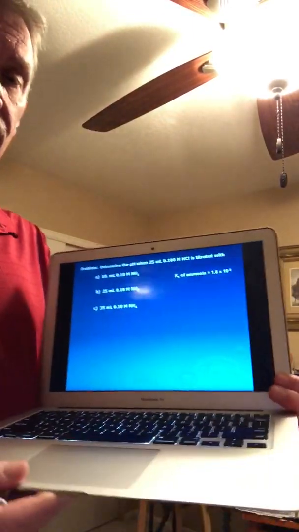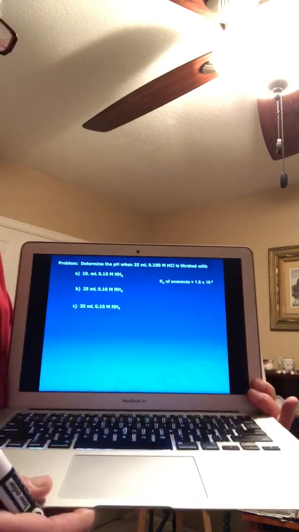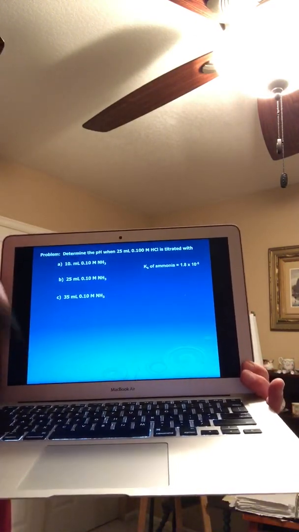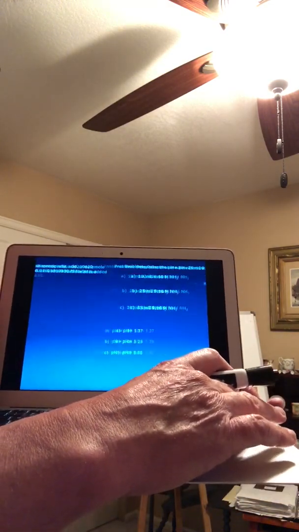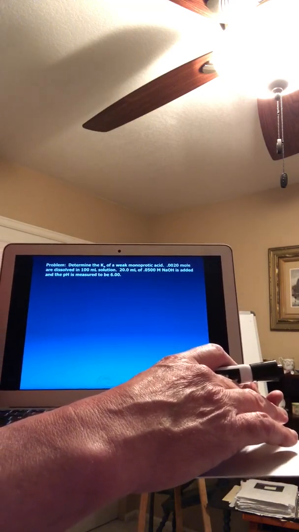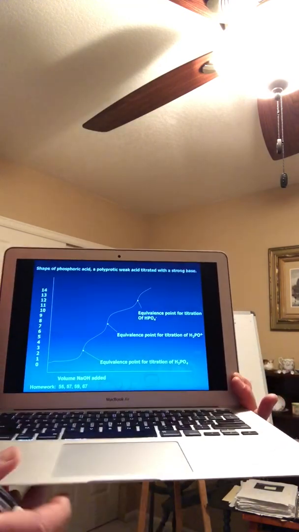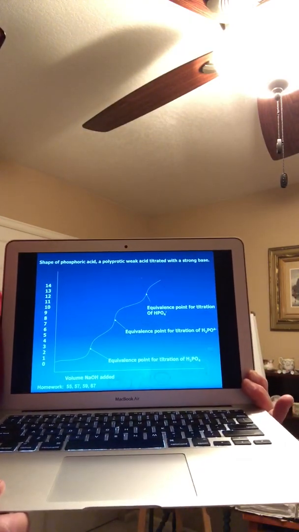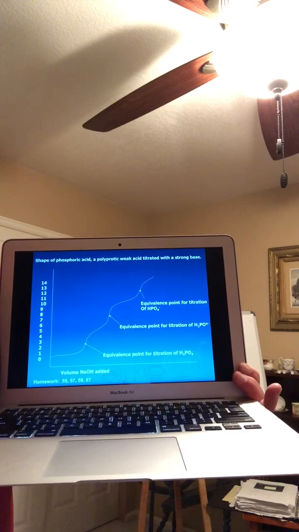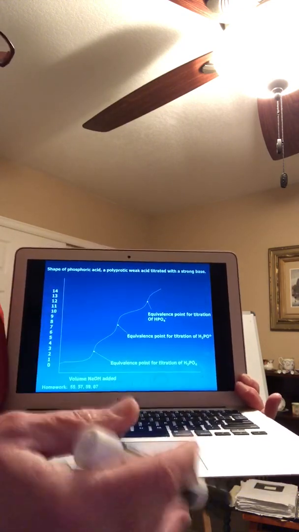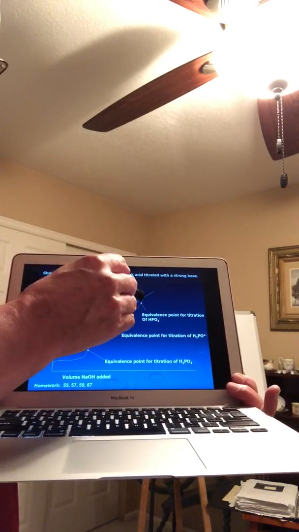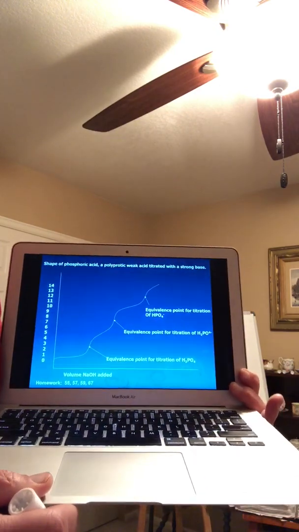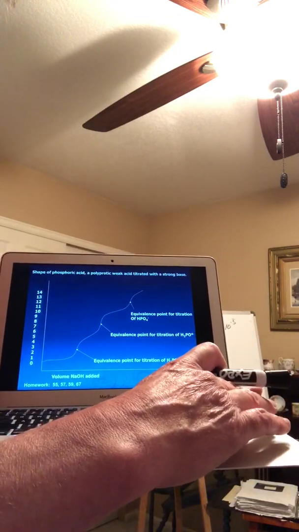So we've done buffers and titrations. I wanted to go through a couple things and then introduce kind of the last point in the chapter, which I think is a possibility for the AP test. So I want to spend a little bit of time on that. I'm just going to skip this problem. This is one I'm not going to worry about. I did want to just briefly talk about this. If you remember in chapter 14, a polyprotic acid is an acid that produces 2 or 3 H's. And you can tell from a titration curve, equivalence point 1, 2, 3, that this must have 3 ionizable hydrogens. And so, again, kind of goes back to polyprotic acids, which we talked about in chapter 14.